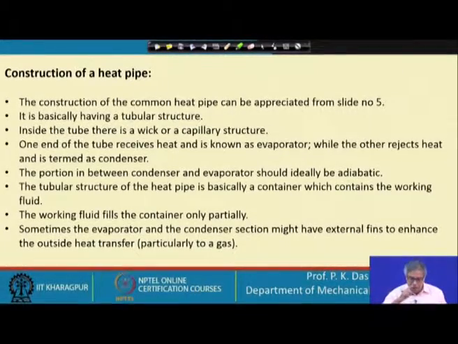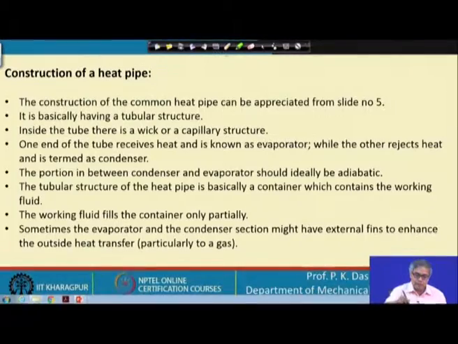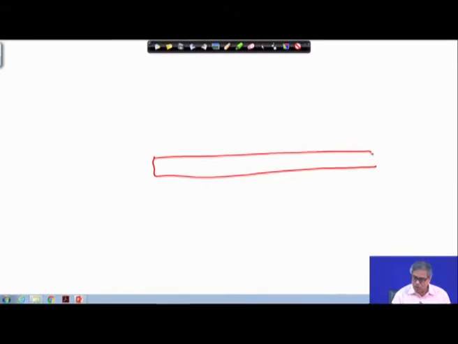So, this part we will see later on also, but now let me explain what I would like to say. Let us say this is the heat pipe. From outside it is just like a tube or pipe. This side is the evaporator section and this side is the condenser section. On these parts there could be fins, because